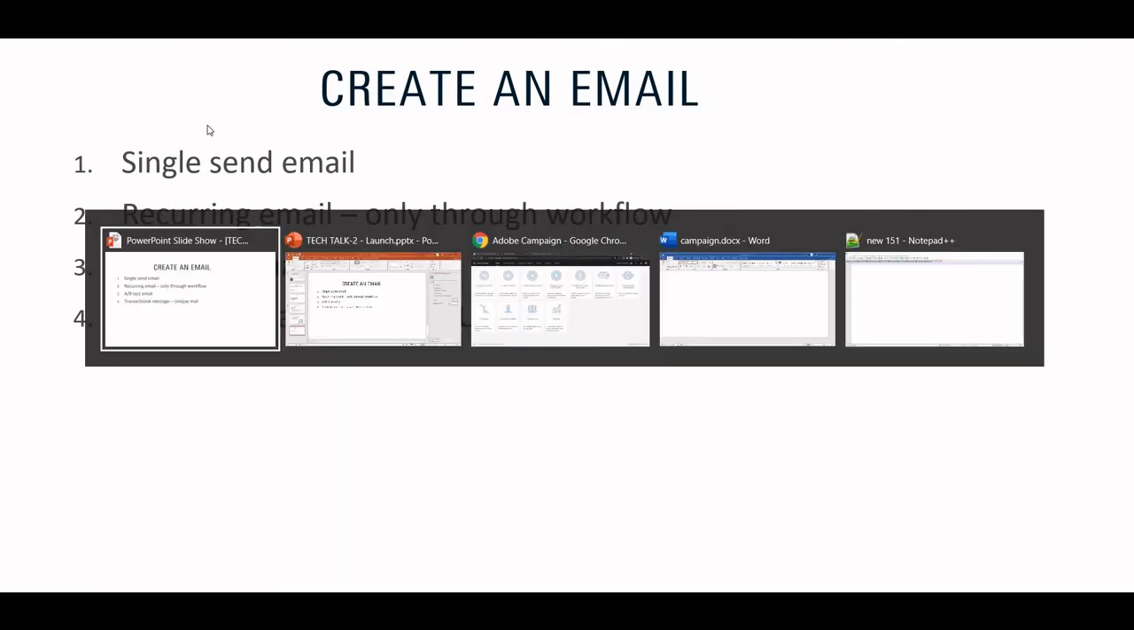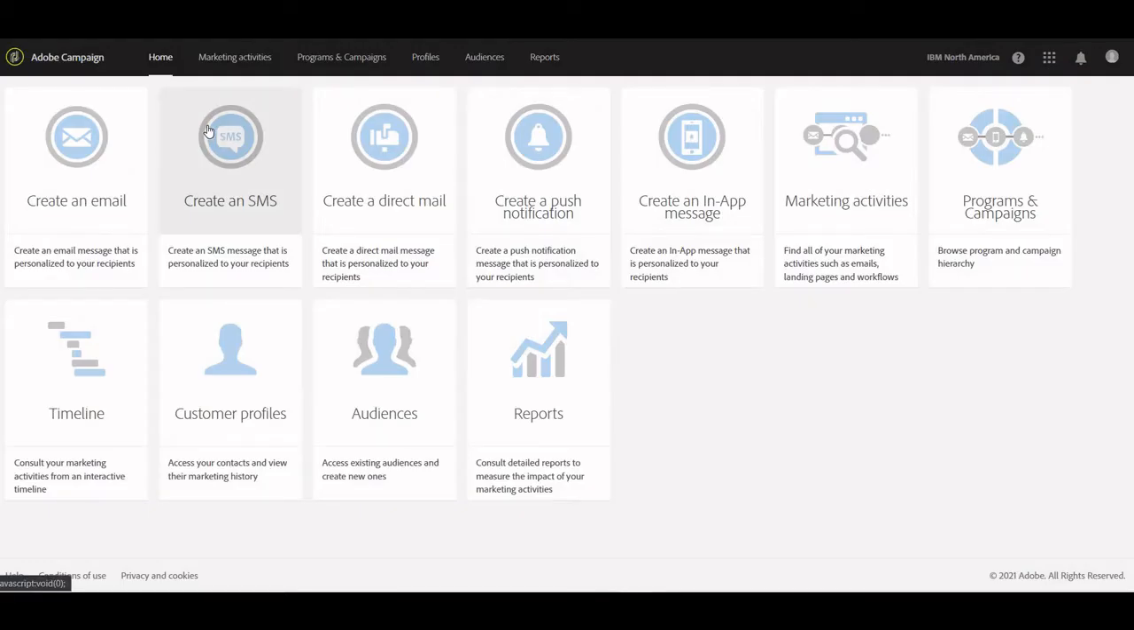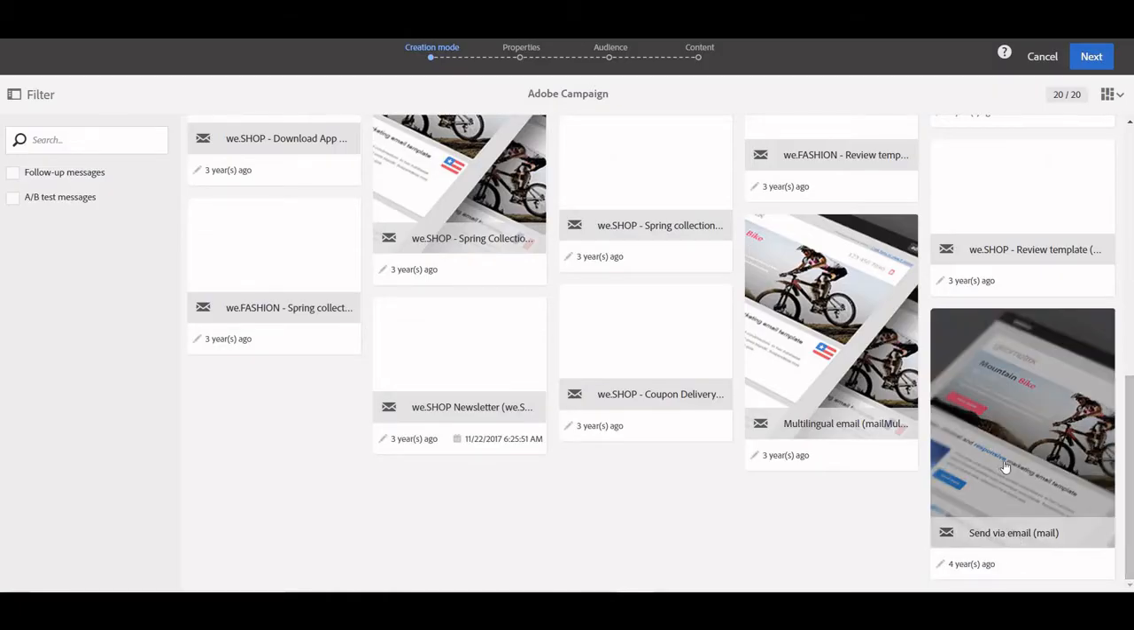Now let's go to the demo. The very first thing is, how can we create an email? On the home page itself, we have this create an email option. Just click on that, go to the very end, and we have this template available, send via email. Select it, click on next,